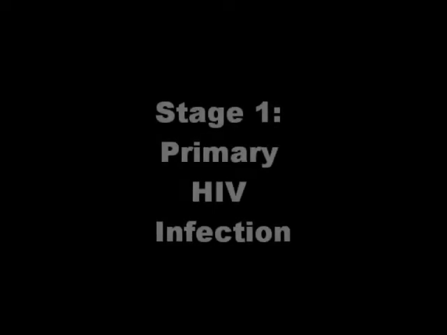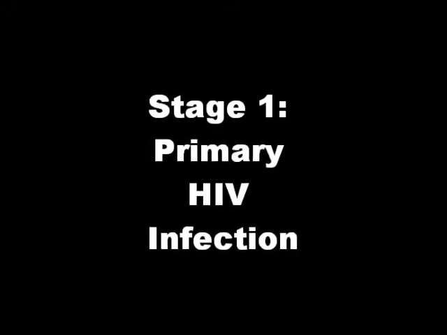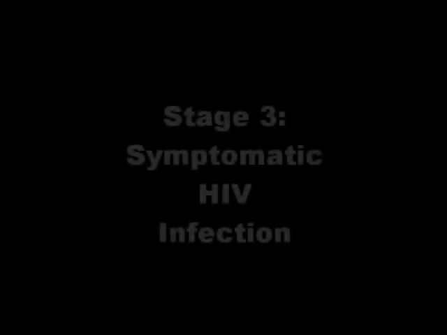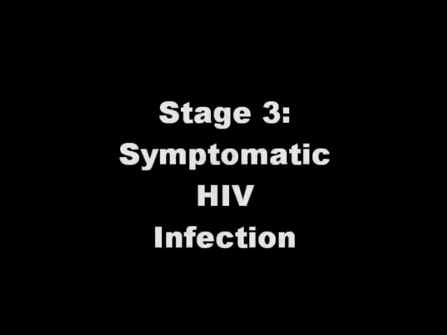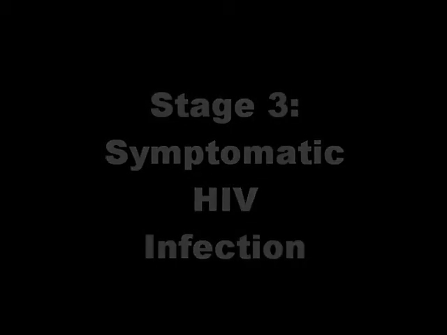Stage 1. Primary HIV infection. One month after infection, flu-like illness occurs and HIV tests come up negative. Stage 2. Asymptomatic infection. Many T cells are killed and the immune system begins to weaken. Stage 3. Symptomatic HIV infection. The virus takes over the immune system and more T cells are killed than the body can make. Stage 4. Acquired immune deficiency syndrome, AIDS. The immune system is no longer functioning. The victim is prone to other diseases that are potentially fatal, even a simple cold.